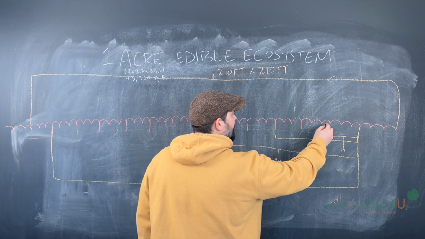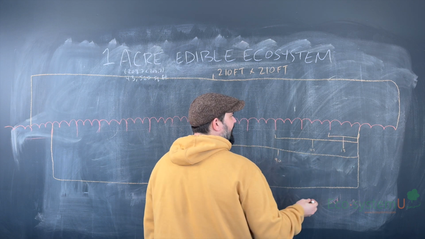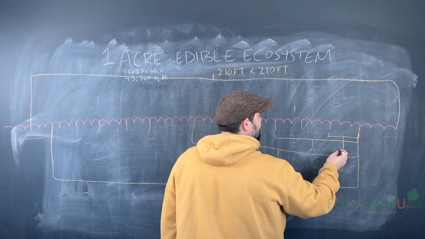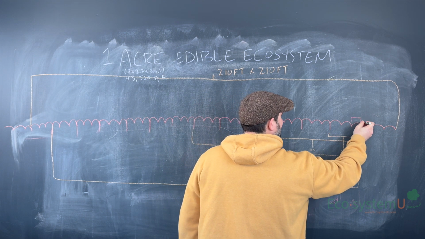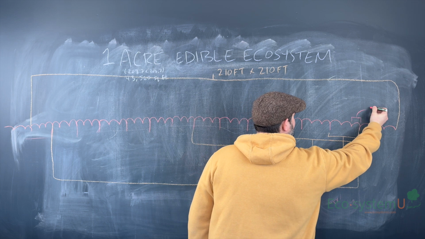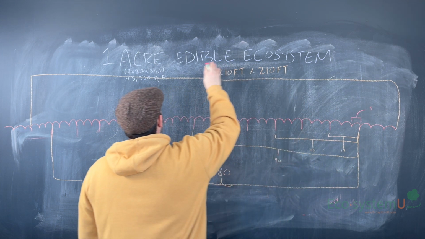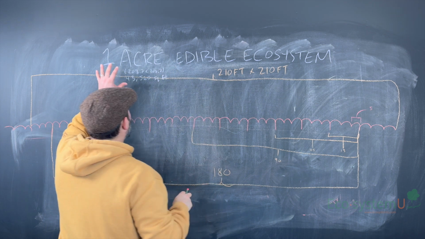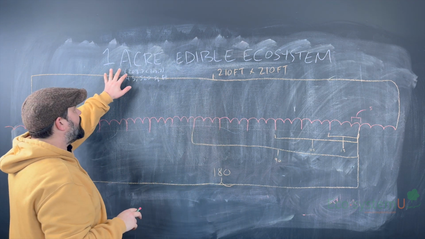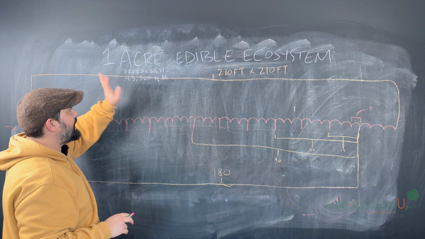Let's look at an example of a 1 acre edible ecosystem, and we're going to do this by breaking it down into a series of triads. This triad represents three beds that equal 15 feet, because the individual bed here is 5 feet. Well, we're creating a 1 acre edible ecosystem that's a square acre. So that's roughly 208 feet by 208 feet